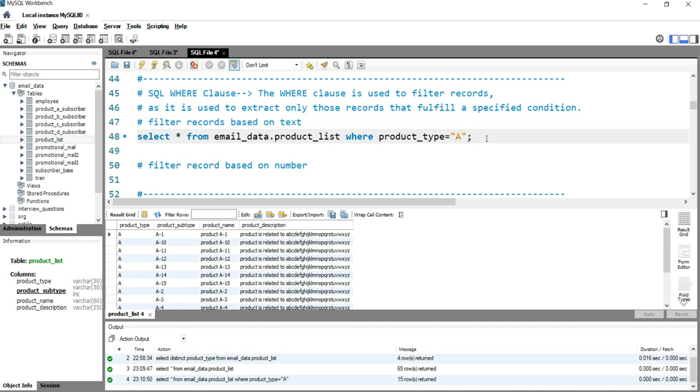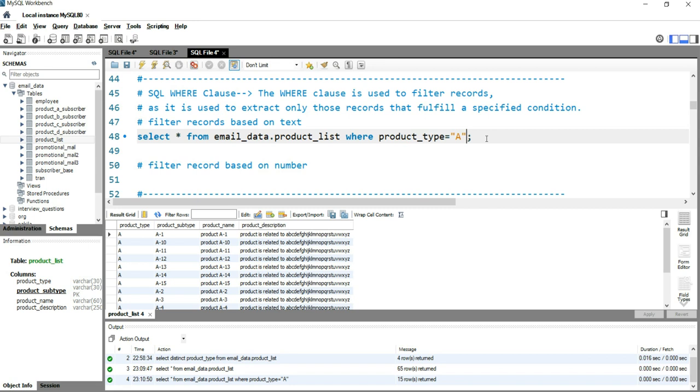But what happens when somebody asks you to filter on two different columns? I want my product type as A and my sub product type as A12. Then what will you do? You just need to put another condition.